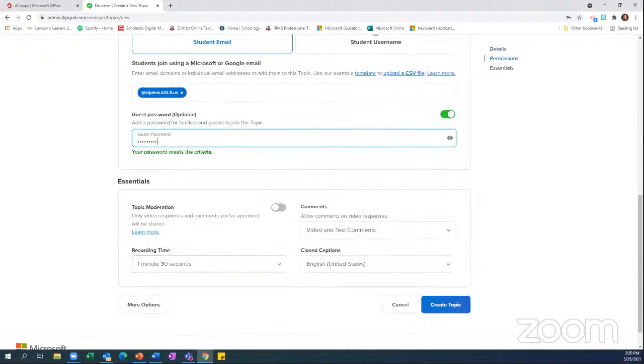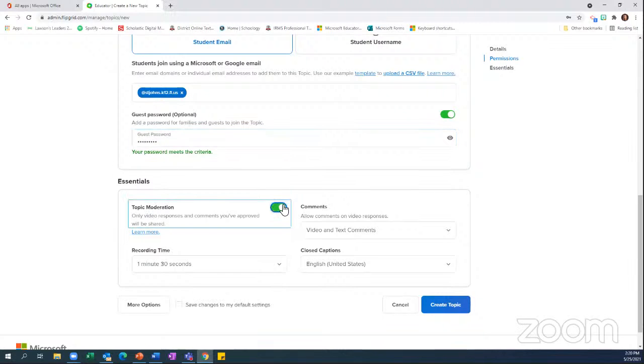Now, you can choose to moderate your topic. And if I turn this button on, that means that only video responses and comments that I approve will be shared with the class, with everyone. So I can do that. This is especially great if you want to do something as a formative assessment to see if students are understanding a topic or a concept. And then after you approve it, that allows students to view the responses of their classmates